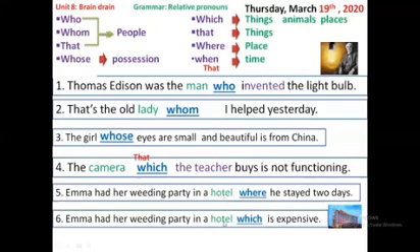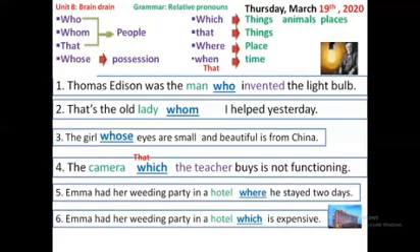Hotel is a place, but here we say where. It refers to a place and is followed by a subject. Which is a subject itself, so it needs to be followed by a verb. So which refers to a place and is followed by a subject. For example, you can say